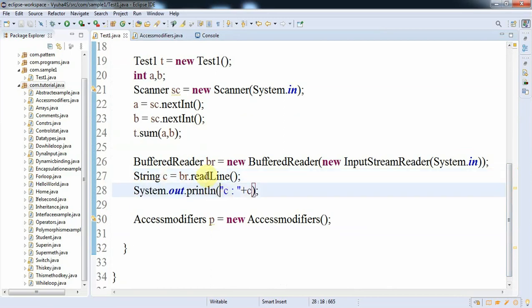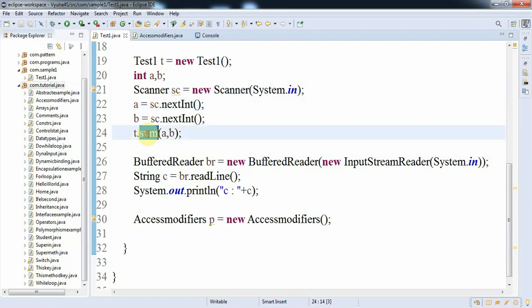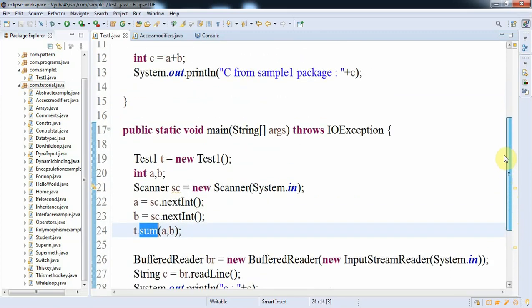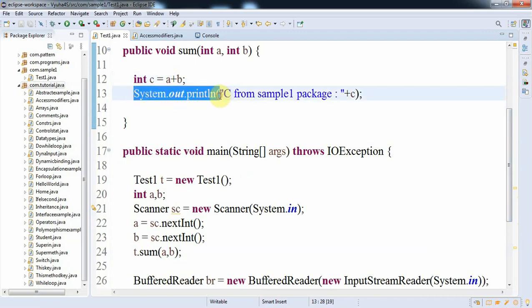Before that, Scanner s equals new Scanner(System.in). Here I am trying to give integer values 1 comma 2. So a will hold the value of 1 and b will hold the value of 2. Then the sum method is called, inside sum I am performing a plus b, and then System.out.println prints the value of c from sample1 package, 3, in the console.